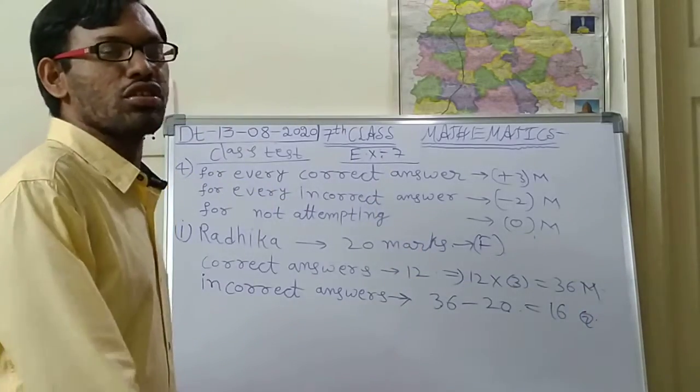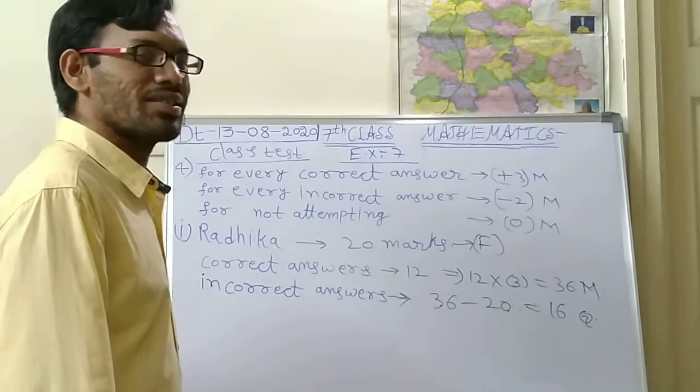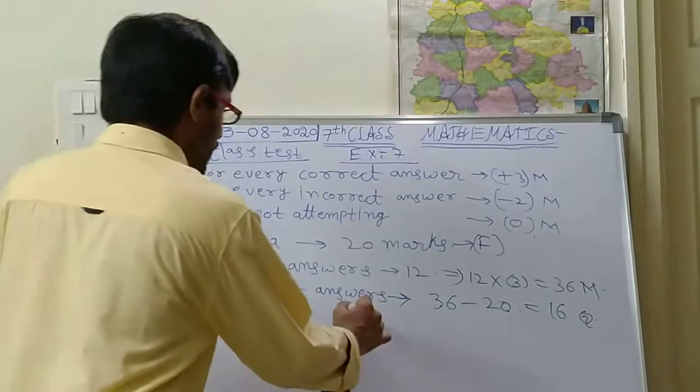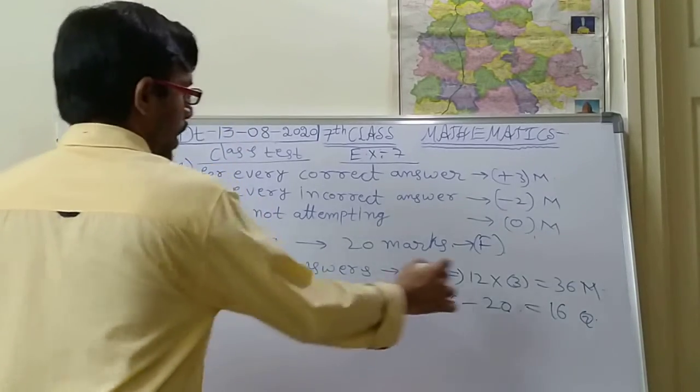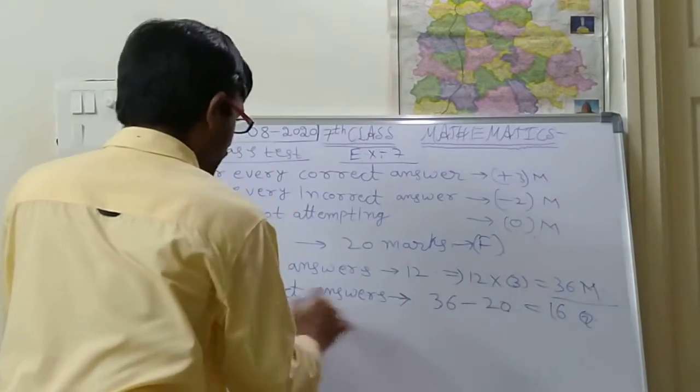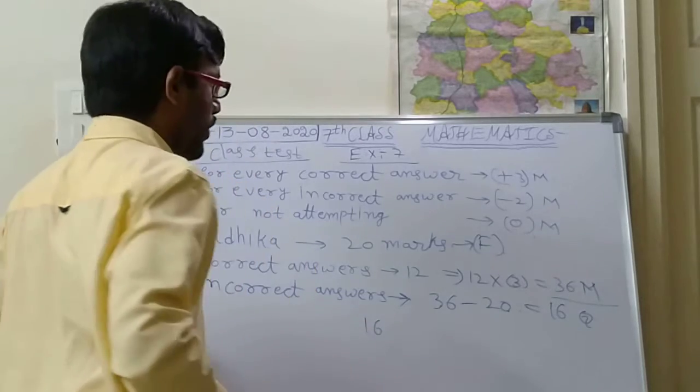So why are 16 questions incorrect? How can we say? Incorrect answers are 16, correct answers are 36. So for each 16,